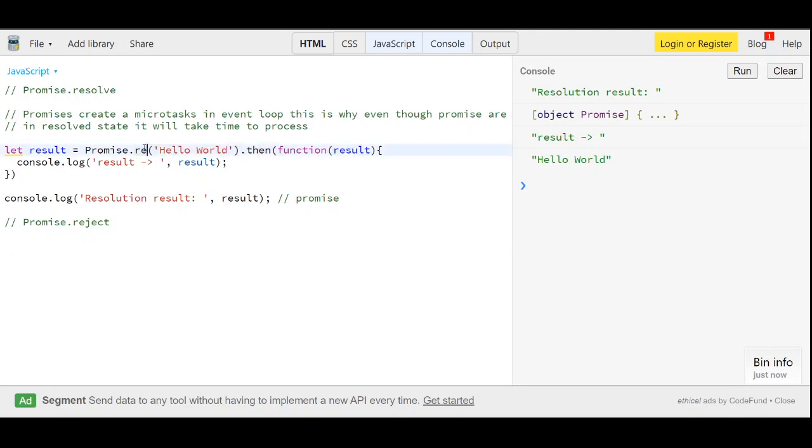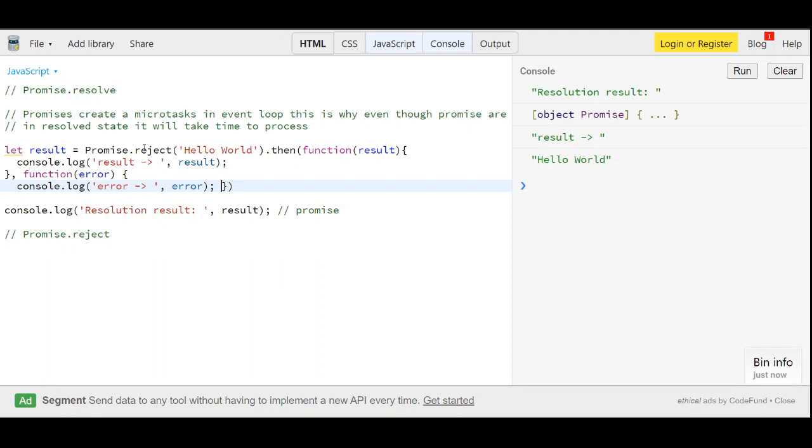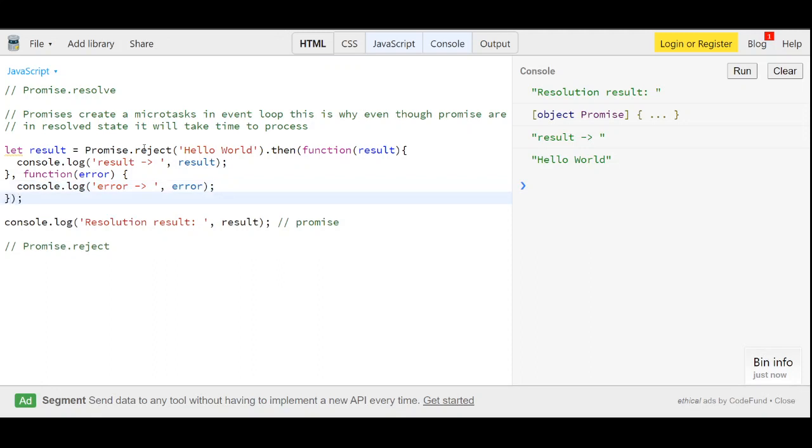Let's say the reject method, and now I will pass another parameter also, because this is a callback function on success. function (error) { console.log(error) }. So, let's see how it goes.